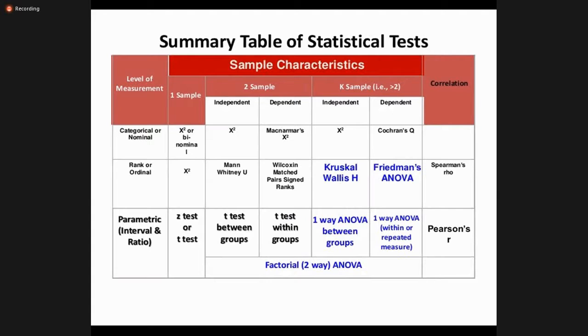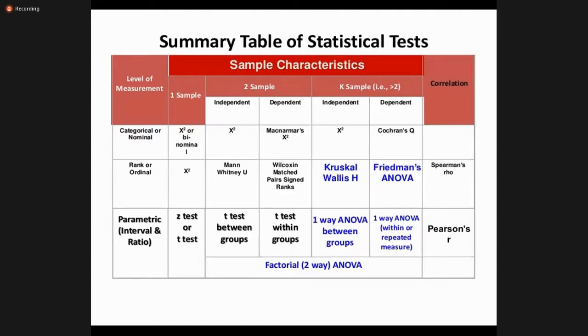The problem arises from here onward, when there are more than two samples, categories, or groups. In that case, we use ANOVA, because the problem with the t-test is that when it is applied to more than two samples, we mostly commit a type 1 error. But there is no such problem with ANOVA. We will discuss how many types of ANOVA there are, how it conducts the different calculations, and what their purposes are.